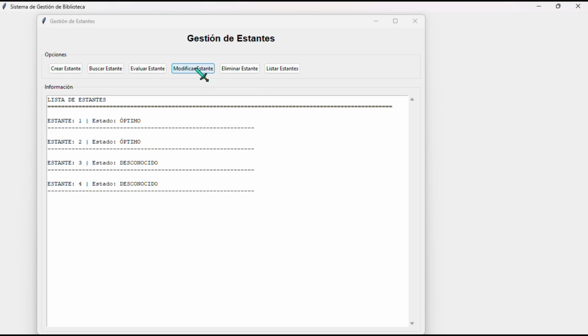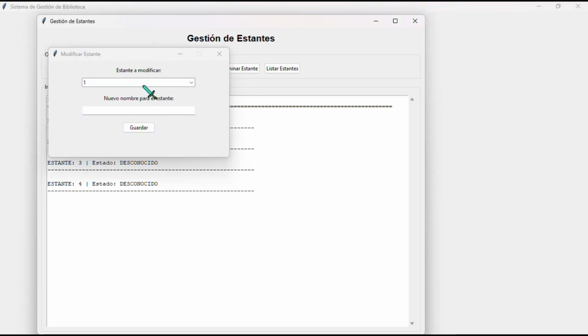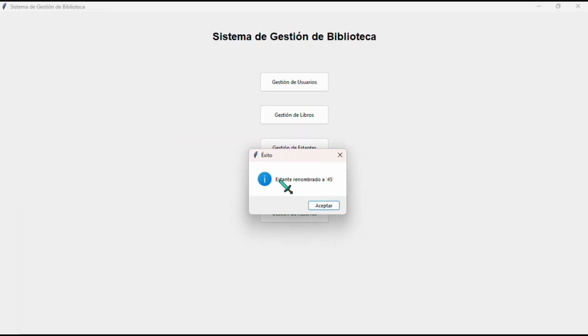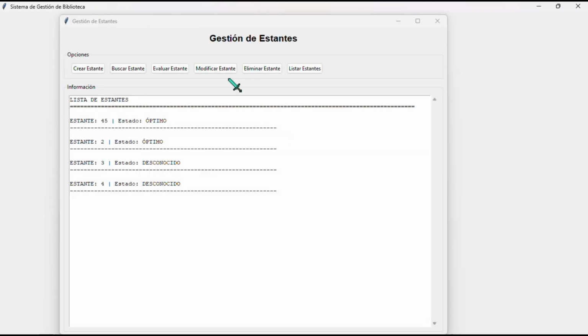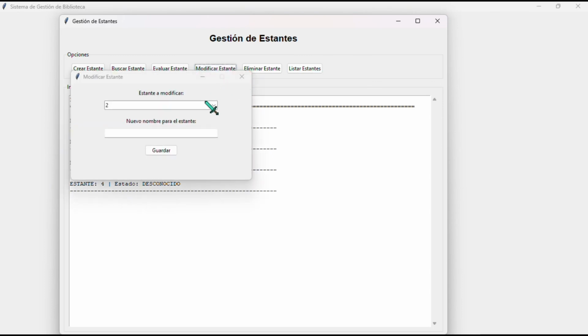So we are going to modify a stand, the name of the stand when it is already one, and we are going to put the new name, 45, and the stand was renamed 45. So if we look here, list stands, 45 was this right here that already was one. So we are going to modify again because I don't want to have a stand whose name is 45. We can put one again,